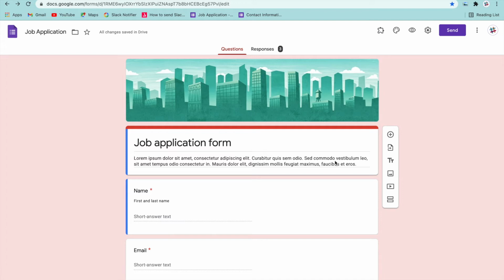Let's see how to set up Slack notifications for Google Form. It is a two-step process involving Slack setup and Google Form setup. So let's begin. First of all, we will visit